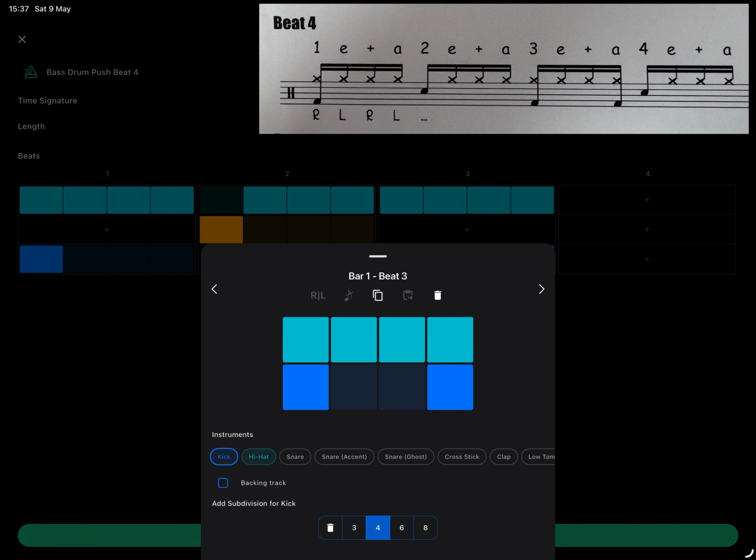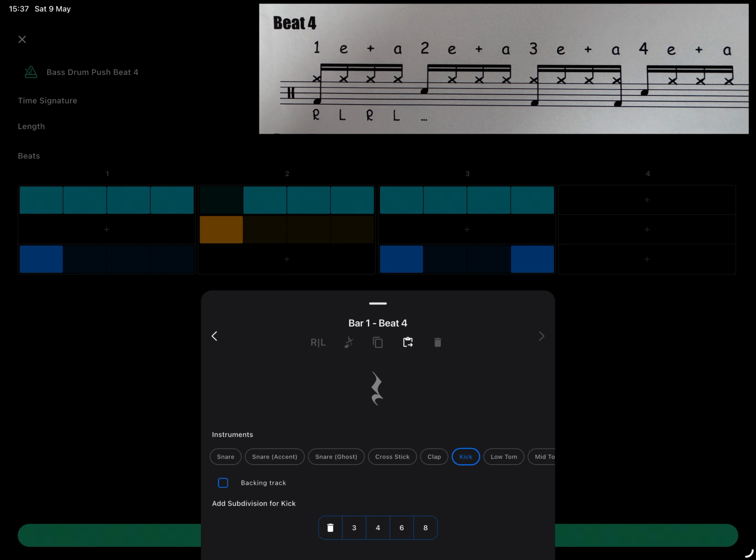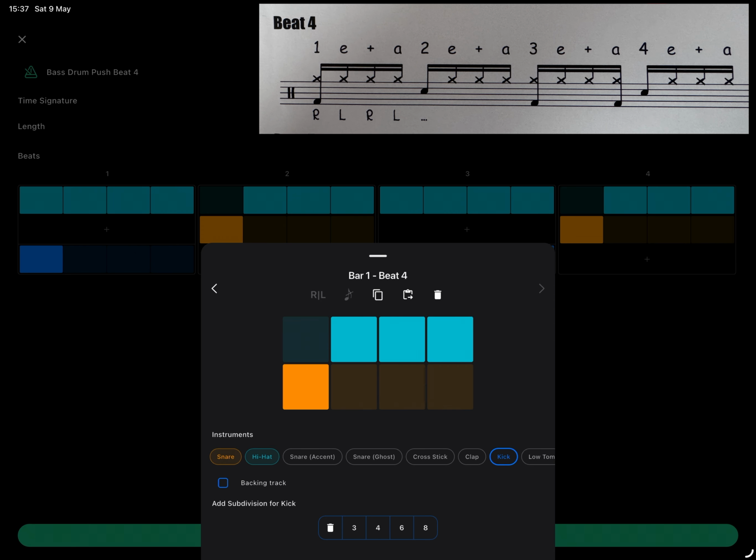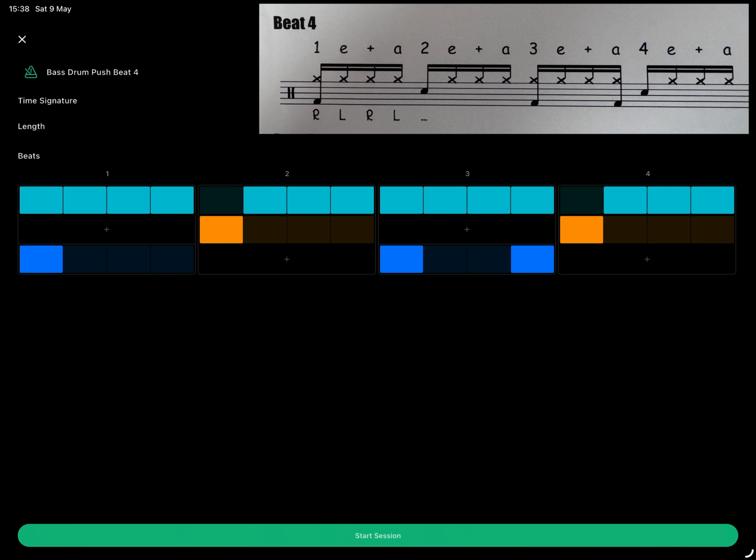So let's go back to the second beat, and we can use this useful feature, copy, go to the last beat of the bar, paste it, and there we've got our last beat of the bar without having to type it. So if we save that,